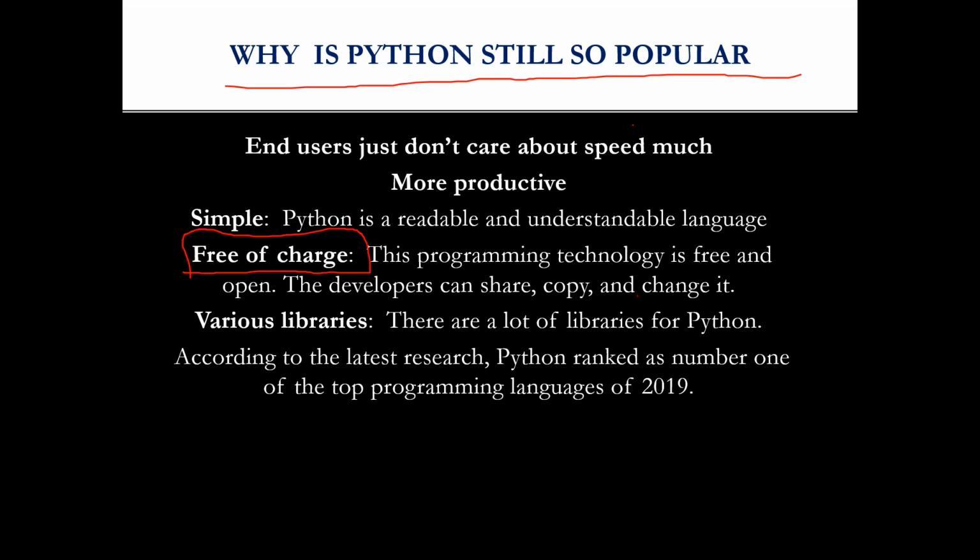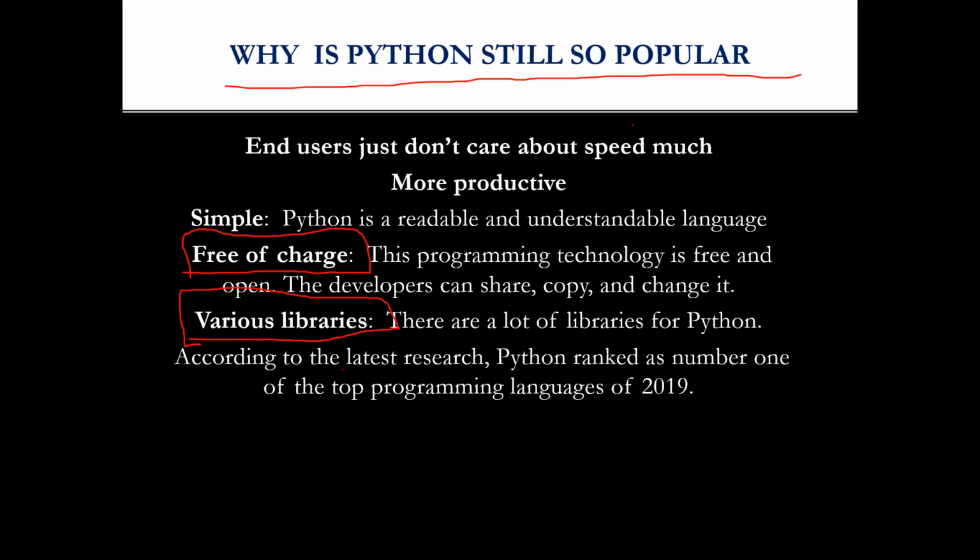Also, Python can be used to make almost anything. It is so versatile, like I just said. It can be used to make GUI applications, web applications, mobile apps, AI and ML algorithms. Anything you want to make, Python will always have a way to do it. Because of its versatility, it is popular, because it can be used in every domain. And why is it so versatile? What made it so versatile? Because of the availability of various libraries.